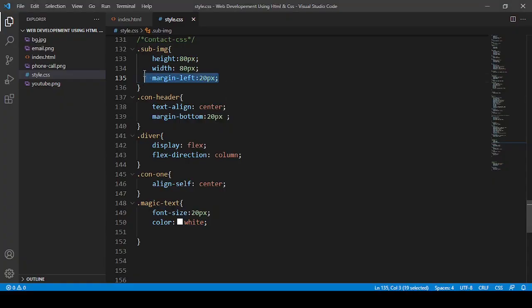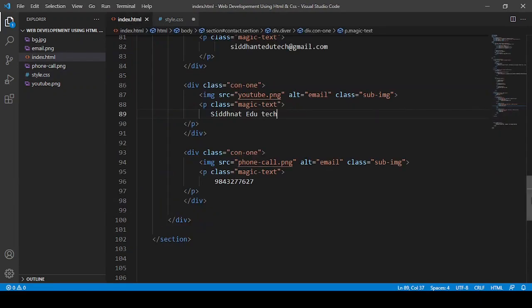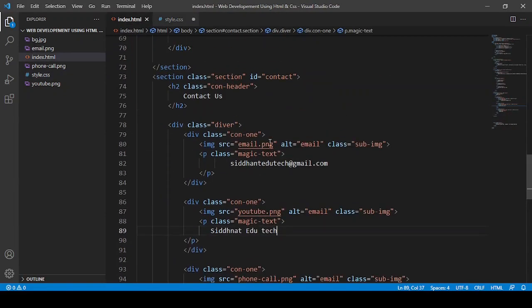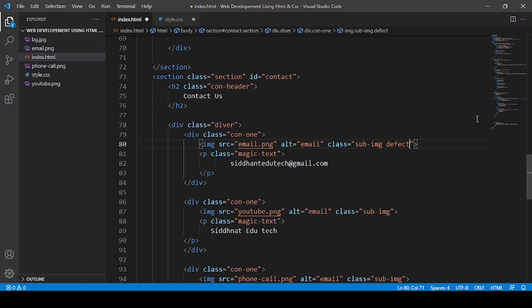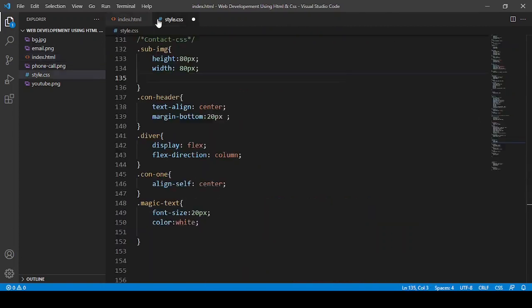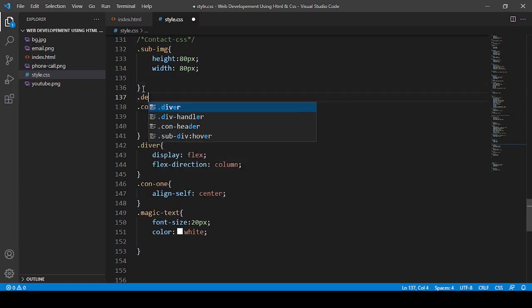So what I can do is I can copy it and here give this img another class also. This img, here I'm going to say defect, because this is not in proper position.